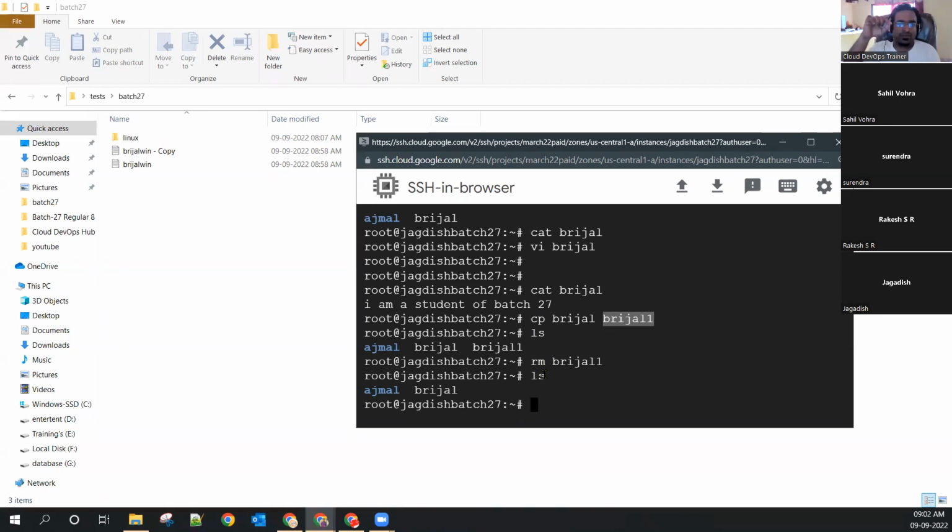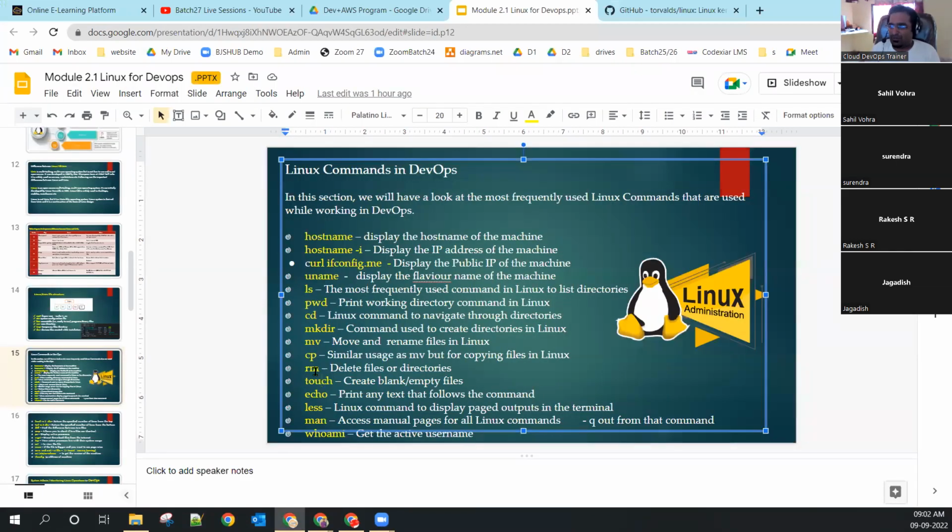In Linux, if you delete or remove any file, you cannot revert it back because there is no recycle bin concept in Linux. So make sure if you're deleting something, you take a backup, or you should not use the rm remove command, because there is no revert option to take this back in Linux. Biggest disadvantage. There is no recycle bin concept in Linux. Let's see what commands we missed. rm, touch, echo, less, leave it.